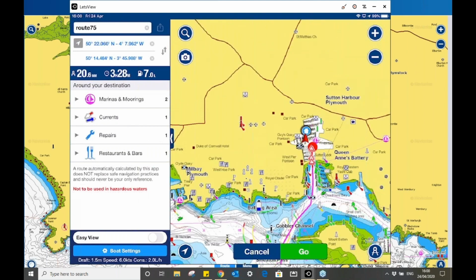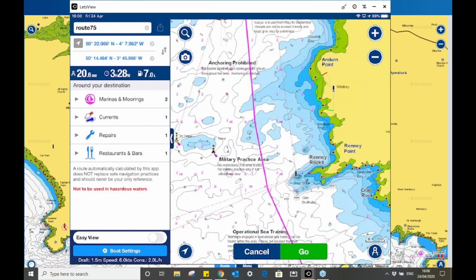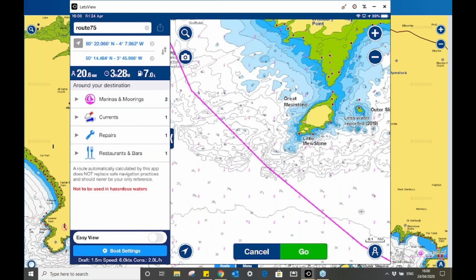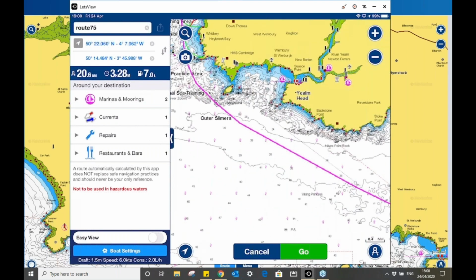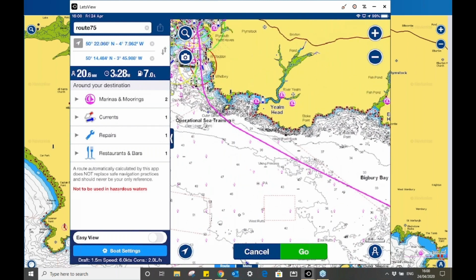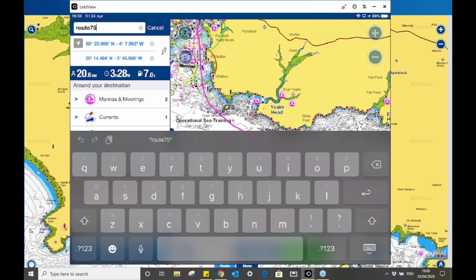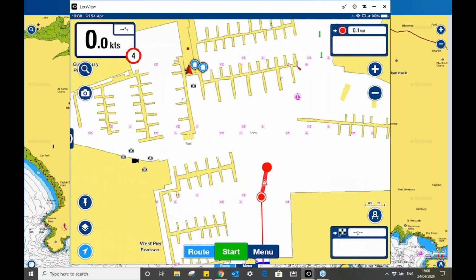So of course, I will review this route very carefully, just as I always have to review every route, as we have to do that, making other references to paper charts, other information that we have on our boat. The more references we have, the better. Now, if I go to the top left, I'm going to rename that route as Plymouth to Salcombe. Okay, and I'm going to press go, and it now gives me